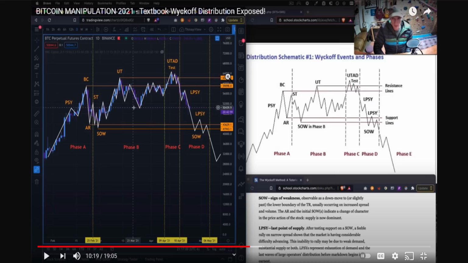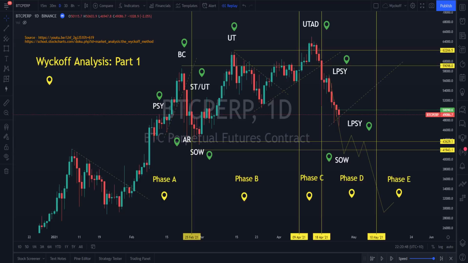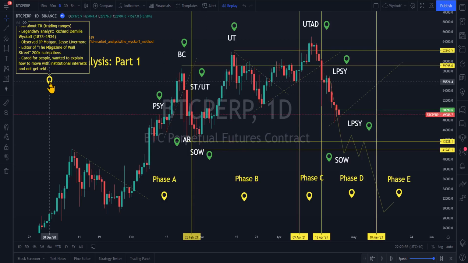Now, one thing that I do when I do my analysis is I reconstruct everything from first principles, which means I don't care what any chart looks like, and this is a good place for you to be in as well. What I really care about is that it actually matches price action. Now, what am I meaning by that?